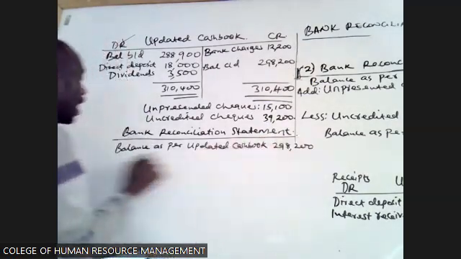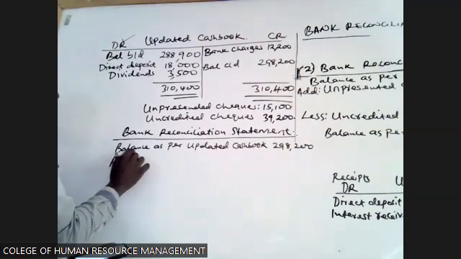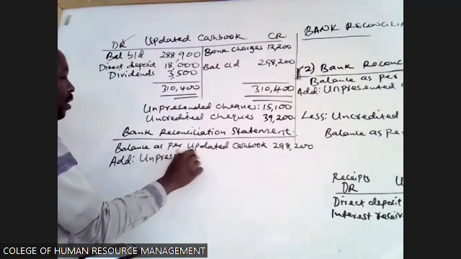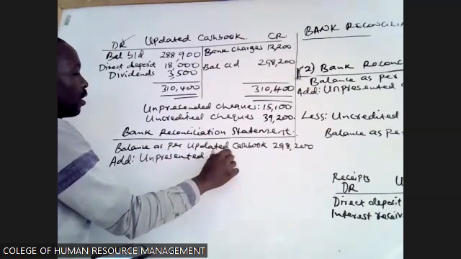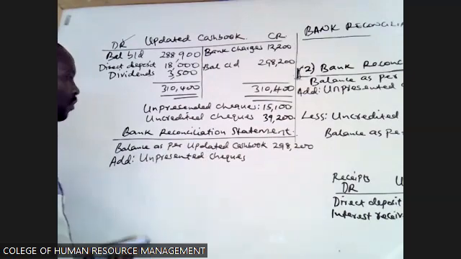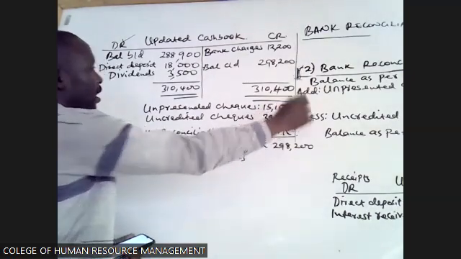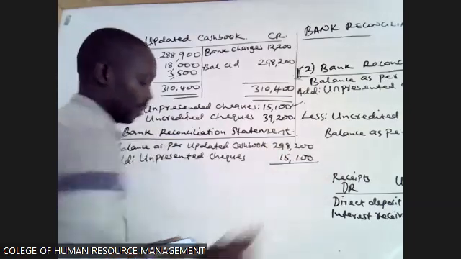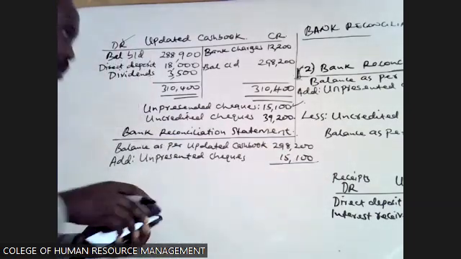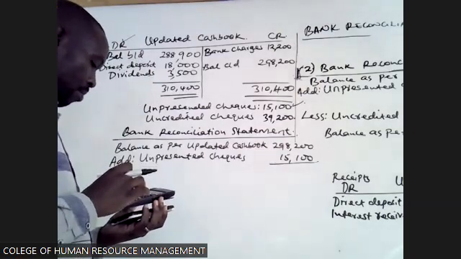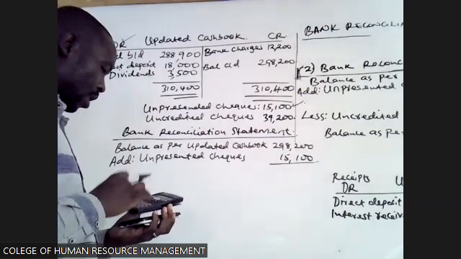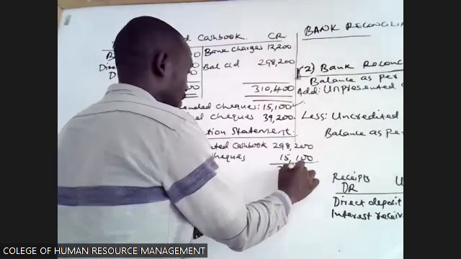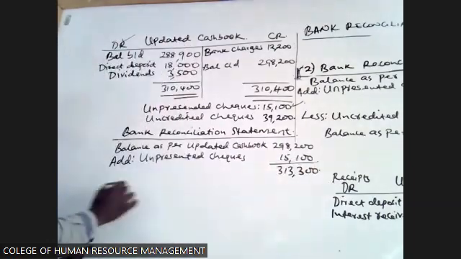And unpresented checks. We have determined it was 15,100. Plus 15,100, you get 313,300. Then you less